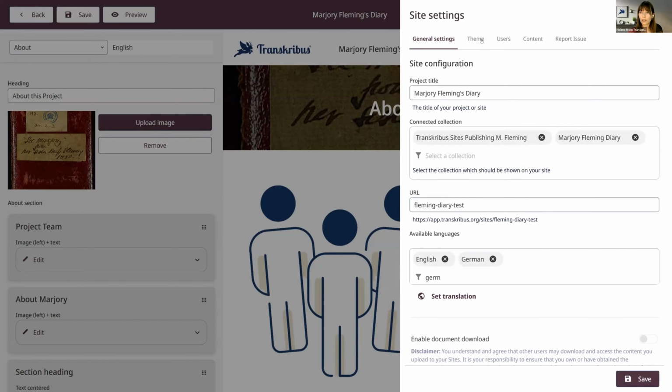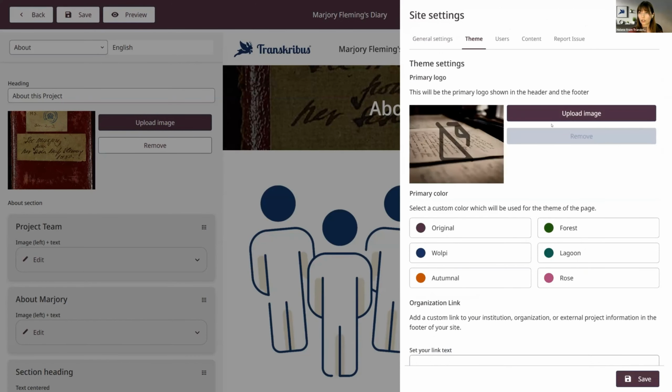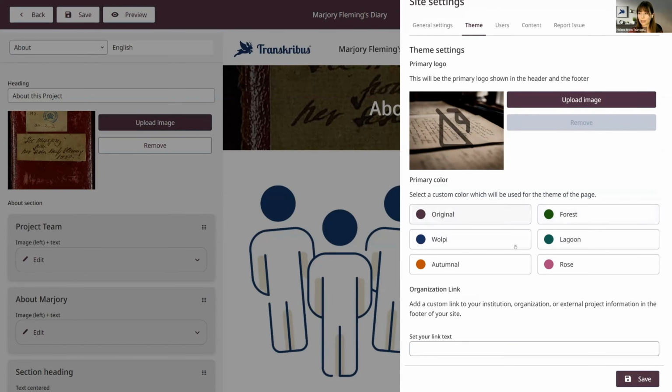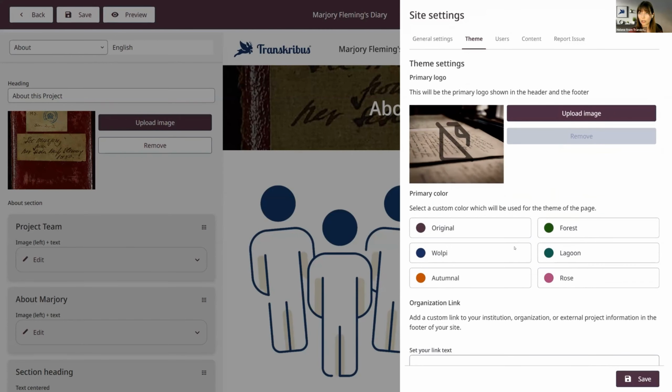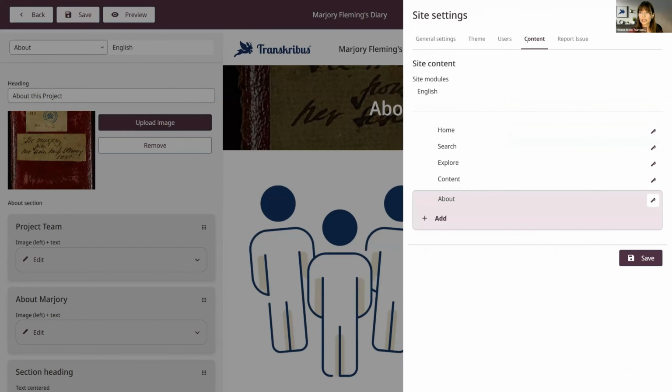Here you can also customize your Transkribus sites. You can change the image, the primary logo, and customize the colors of the page. And one thing that's also really nice is that you can add more content pages. So for example, I mentioned before the About page, but if you want to separate the page of explaining about your team and explaining about the project, you can add an additional page